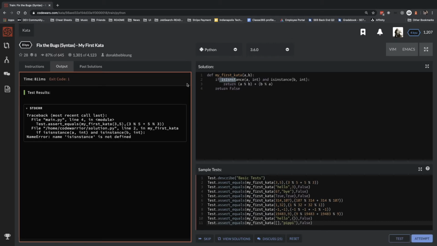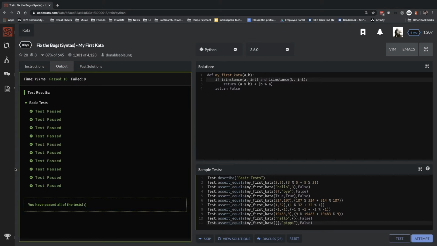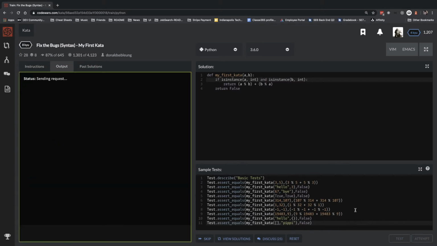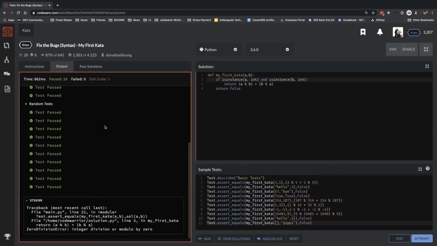Isinstance. And we're going to see a bunch of green. We didn't see any greens. Did I spell something wrong? isinstance. Now we're going to see a bunch of green. Right? Okay, cool. A bunch of green. Now we're going to see a bunch of fail. Okay. Why? Well,